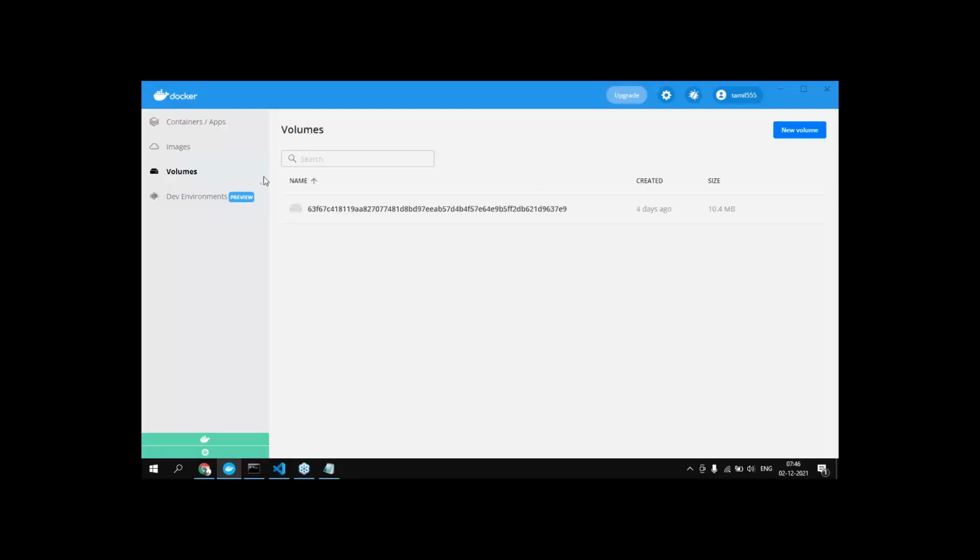Okay, so we are not going to use the volume, but the one concept you want to understand is that you should not keep any kind of state in the containers. For example, if you are processing some file, after processing you should not keep that file inside the container. After processing, you have to push it to maybe blob storage or an FTP server, because